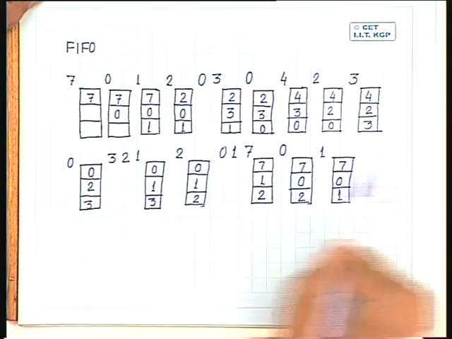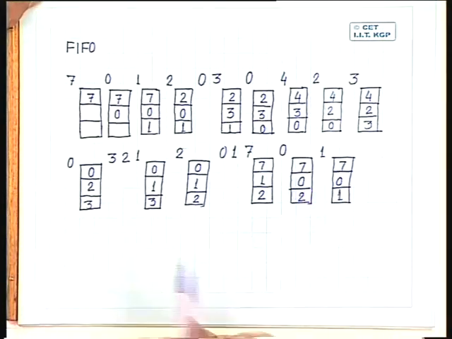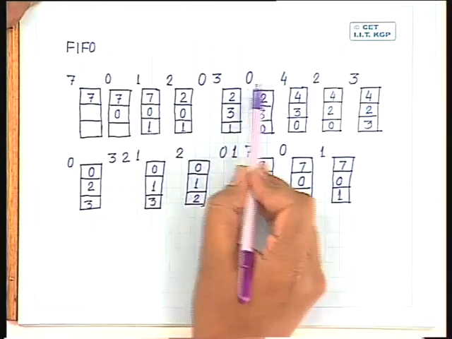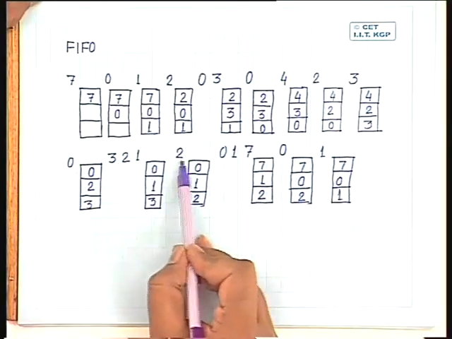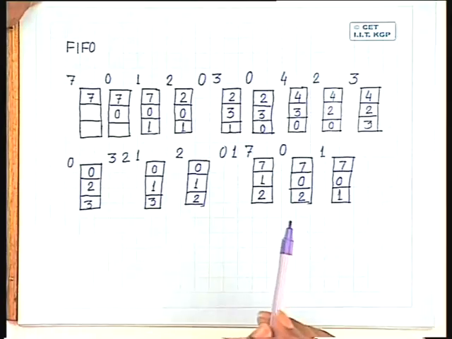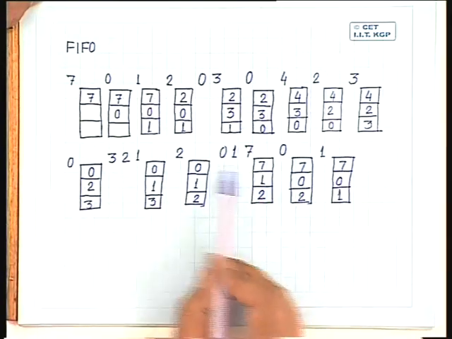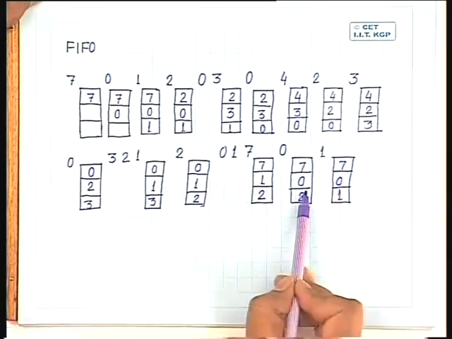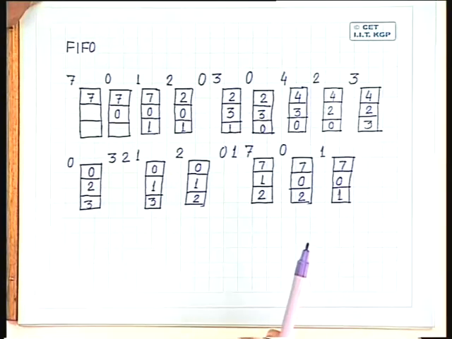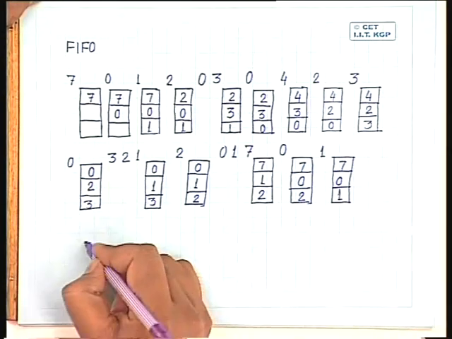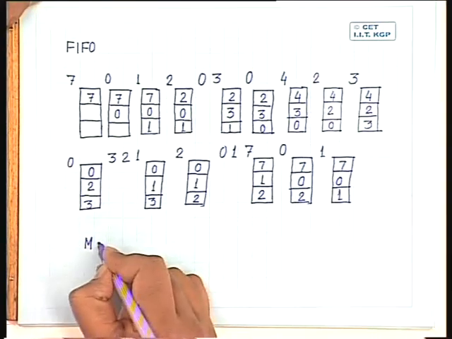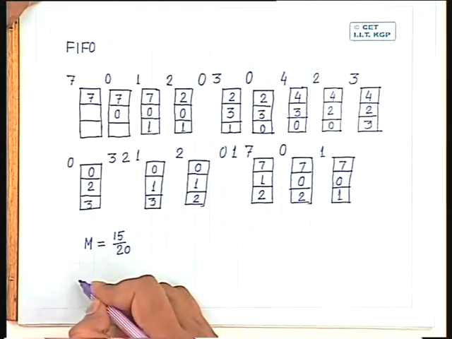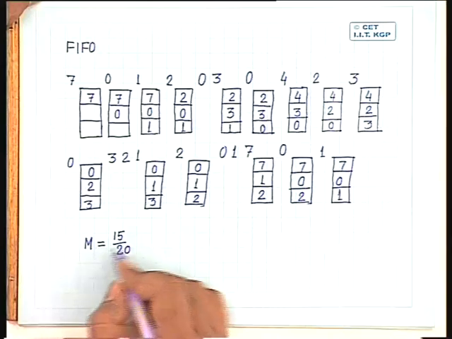Okay. So you find that in this case, and I think that is the last page in the example that I have taken. So total number of page references that we have is 1, 2, 3, 4, 5, 6, 7, 8, 9, 10, 11, 12, 13, 14, 15, 16, 17, 18, 19, 20. There are total 20 references, out of which I have 15 page faults, or 15 misses. So accordingly, I'll have miss ratio to be 15 by 20. And I have only 5 hits. So hit ratio will be